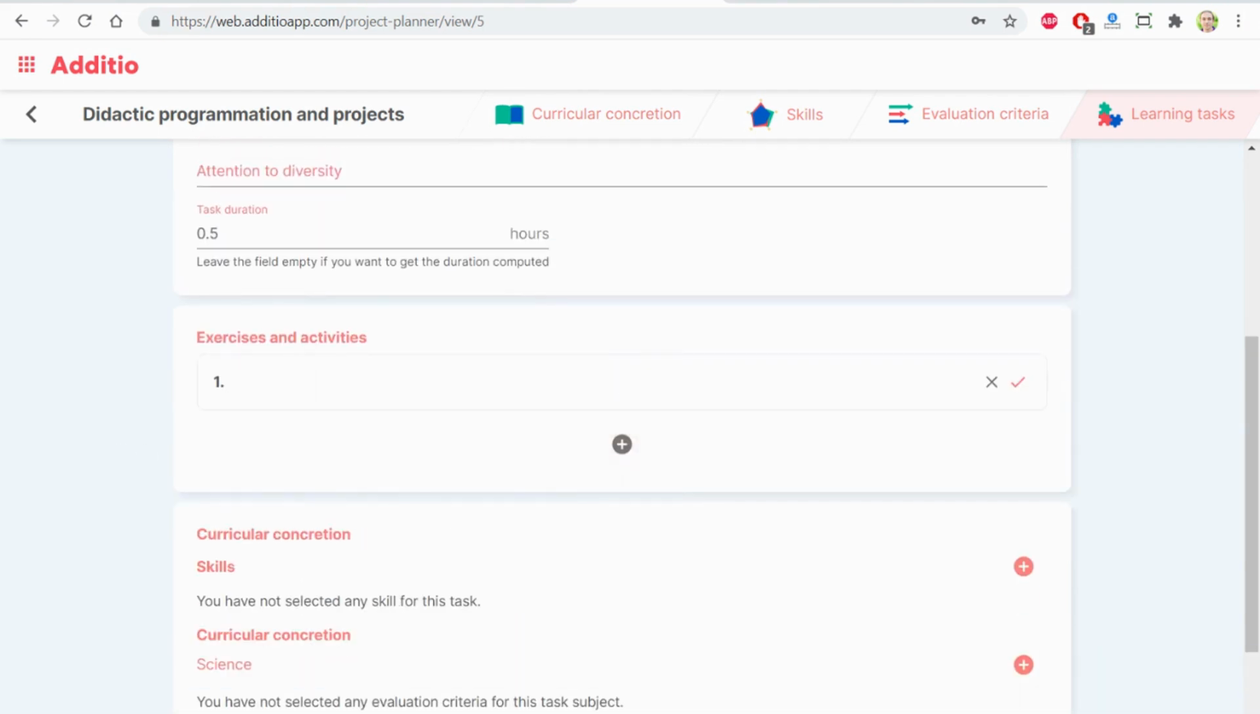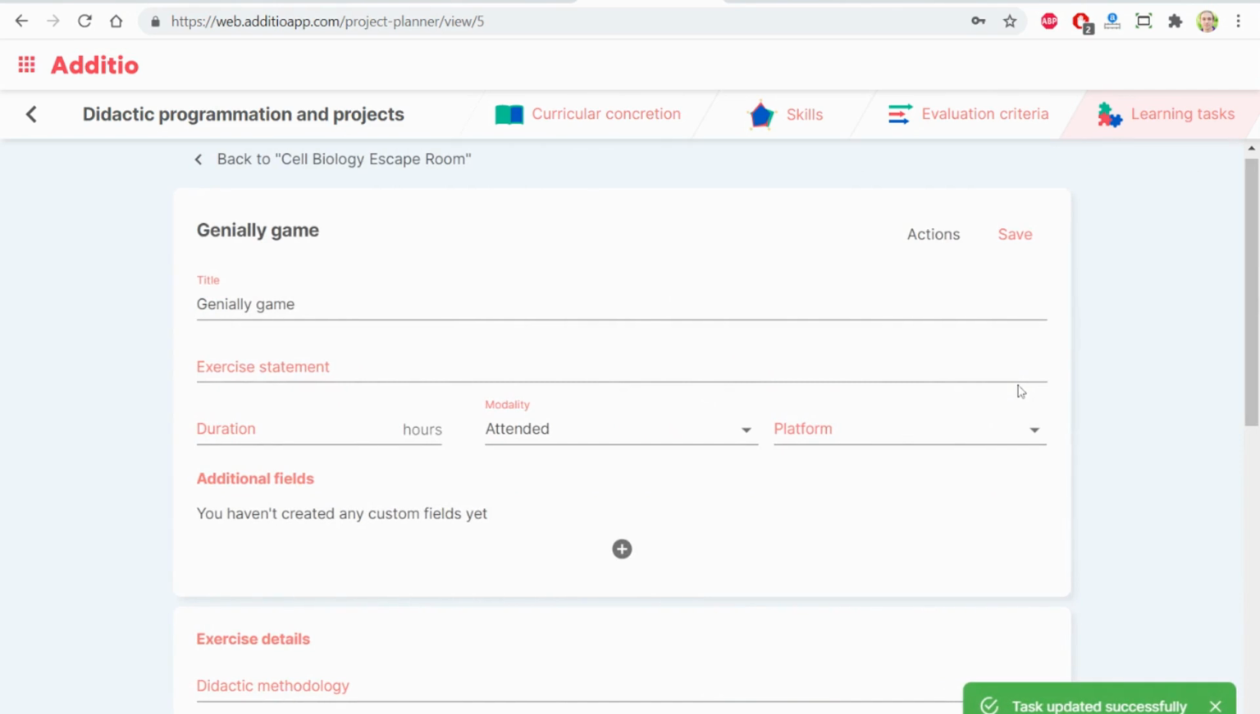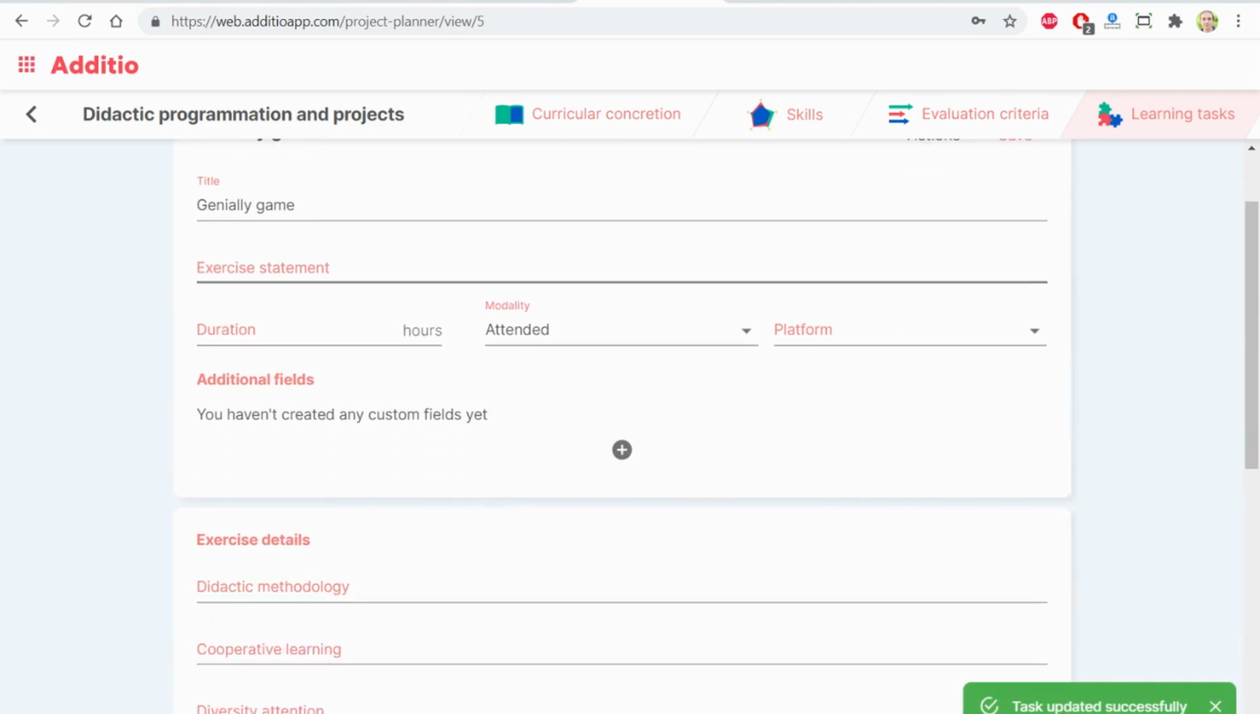So here I click the plus button and imagine that what I'm going to do is a Genially game that is a presentation, but it contains a game. When I click this, it tells me different fields that I can fulfill. That's not the task. I mean, the task is combined by different activities and exercises, and this is the definition